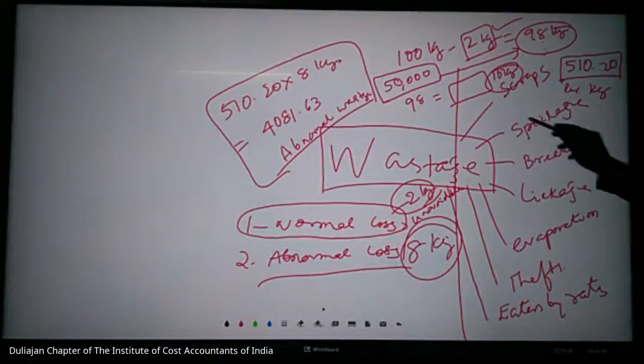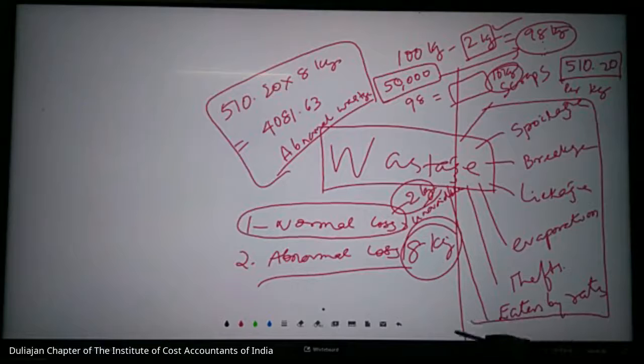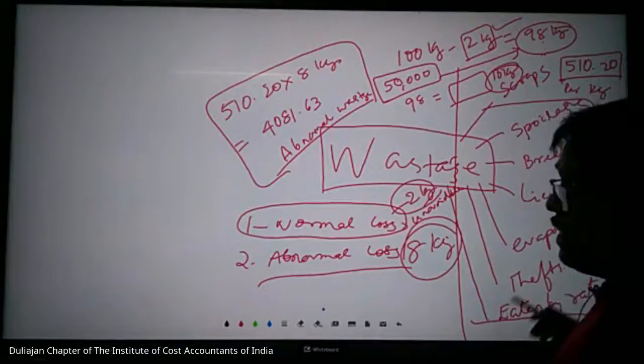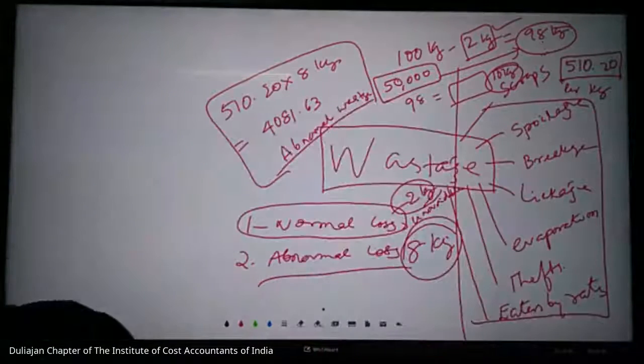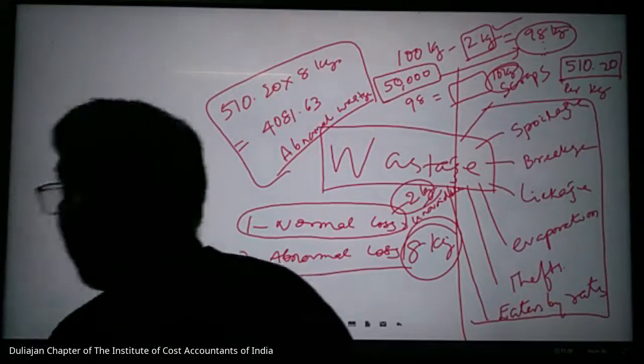Similarly, for all items the company fixes what is the normal loss and what is the abnormal loss. Accordingly, treatment is given in the books of accounts. When you do problems, we will be able to know that. Sometimes what we do,